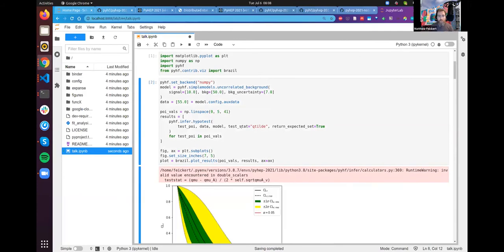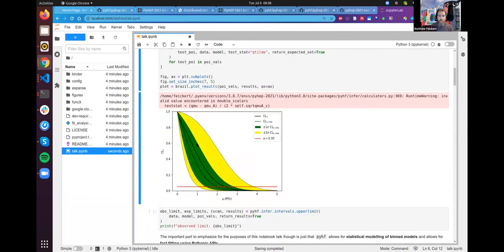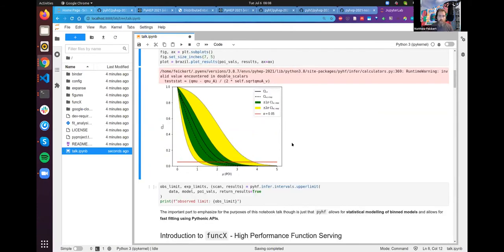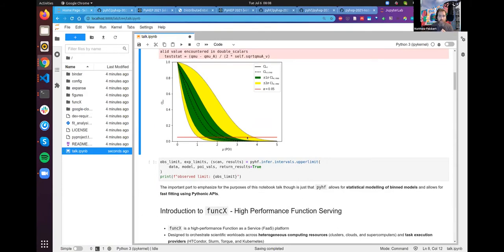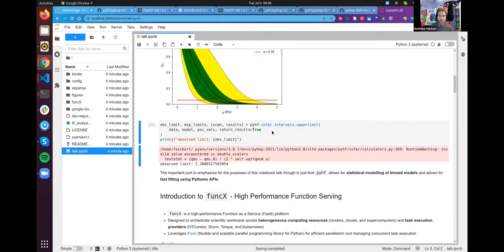So we can see that in just a very few lines of code, we can get what is known as a Brazil band plot that shows our observed and expected values, as well as the line that would show exclusion. And as I said, we can also invert those to get the observed limit as well. So this has just been a super cursory overview, but the really important part here is that